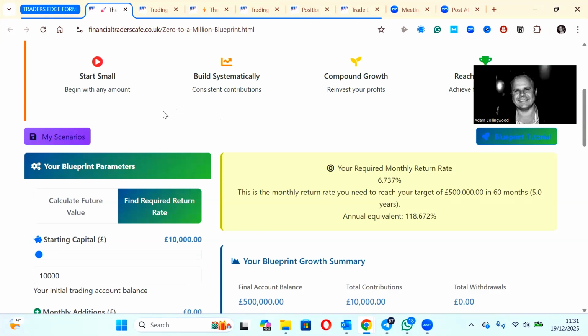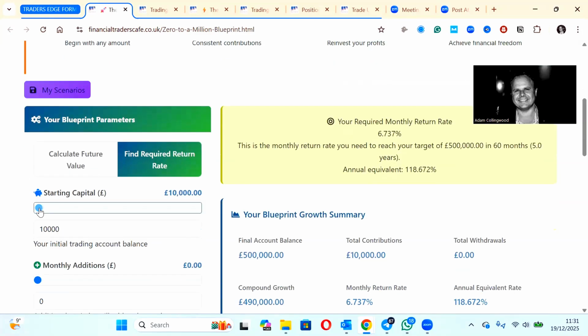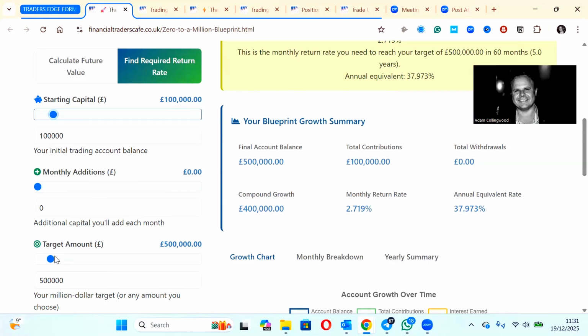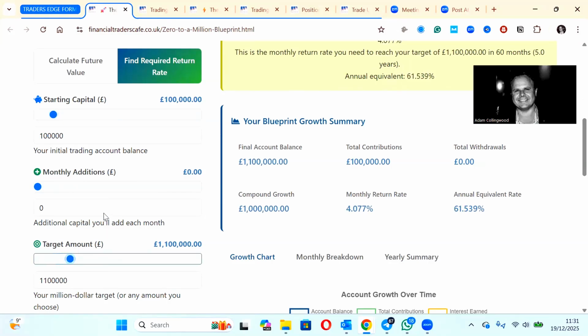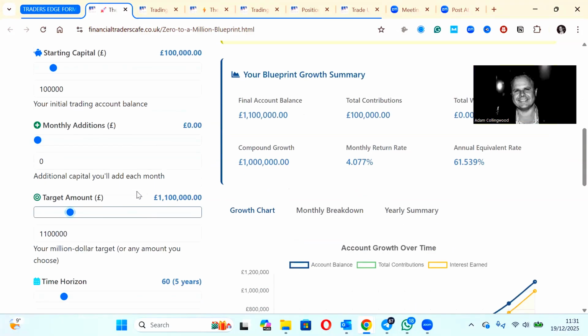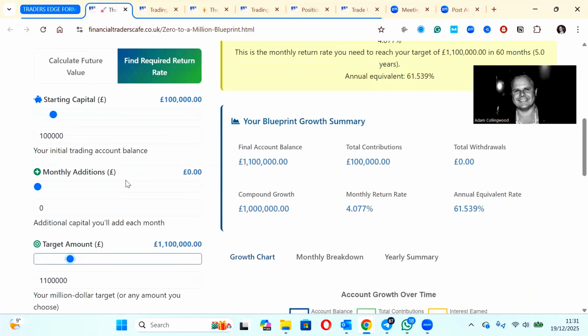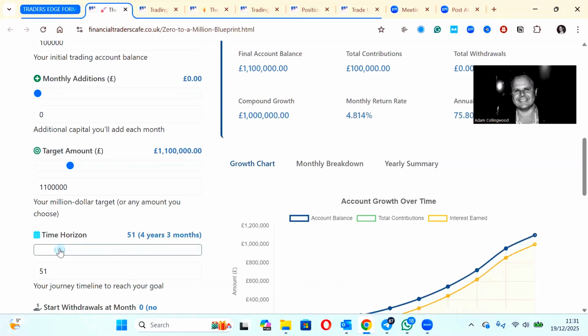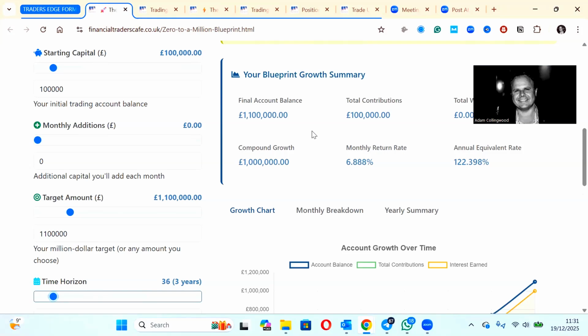are trading challenges. So if you're trading a challenge, what you would start with is, say, a 100,000 account, with nothing added to it at all. Let's just say you wanted to get to 1,100,000. The reason we say 1,100,000 is because the 100,000 you're starting with is the prop firm's money, not your money, because you've got a funded account. And let's just say that over a period of 3 years, to get to